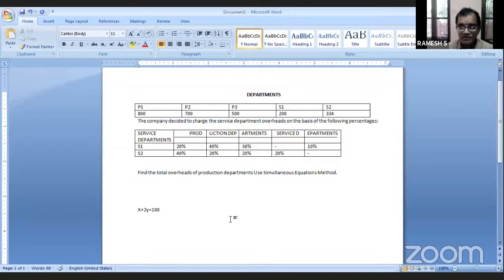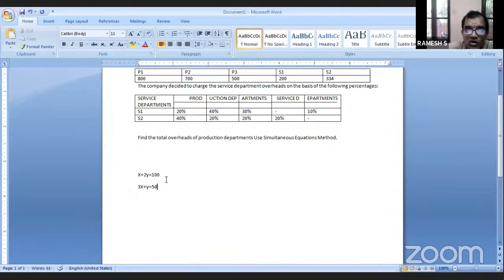And 3x plus y is equal to 50. Up to your 10th class you have solved these, you have found out the values of x and y. If equations are given like this, you solved them in your 10th class. Did you remember? I hope you remembered. For those who did not remember, I will tell now how to solve these 2 equations, how to find out the value of x and the value of y. Now you see,